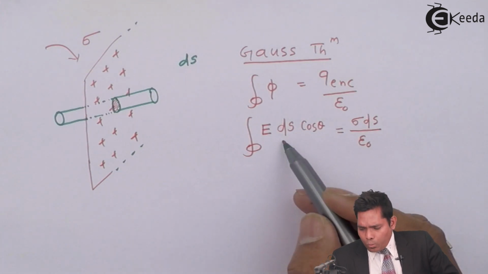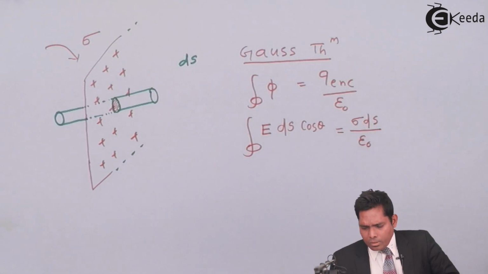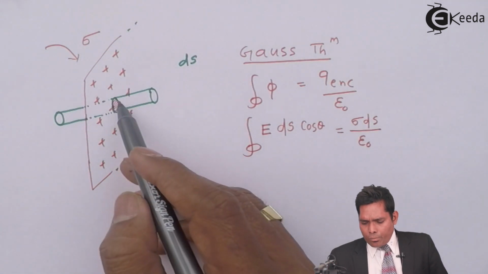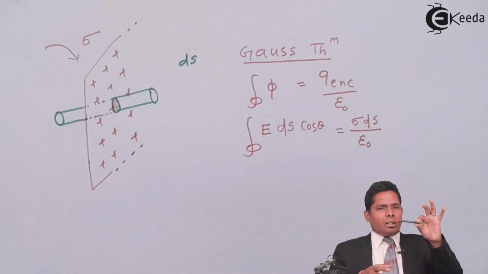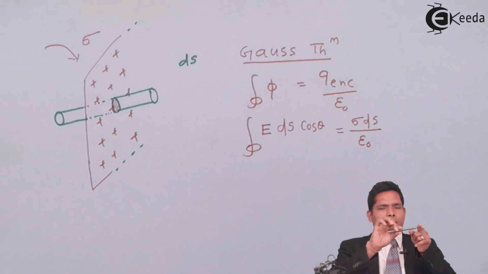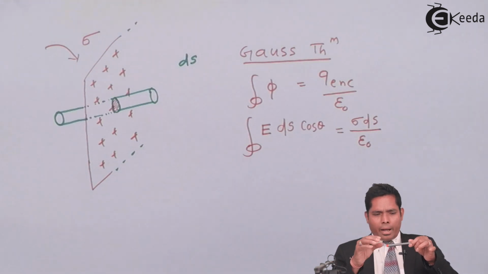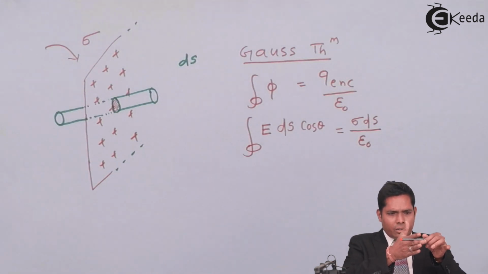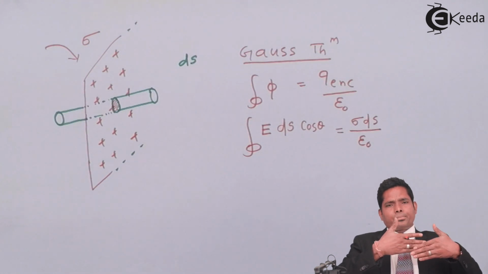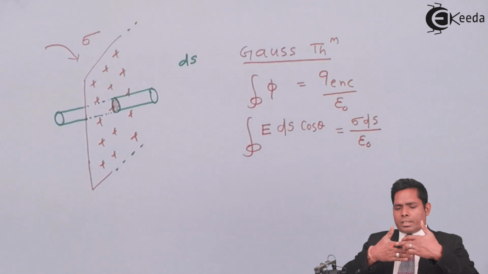Now, to solve this expression, to solve the left hand side of the expression, we have a cylindrical surface like that. This end is flat, this end is flat, and this is a curved surface. The sheet goes like that. If the sheet is like that and charge is distributed like this, then for these curved surfaces the electric